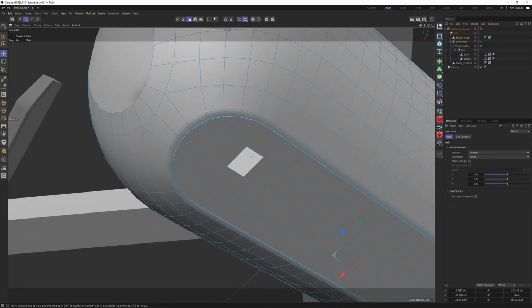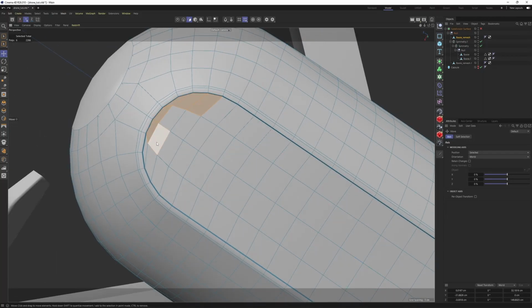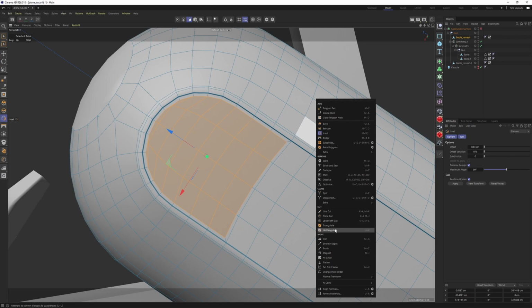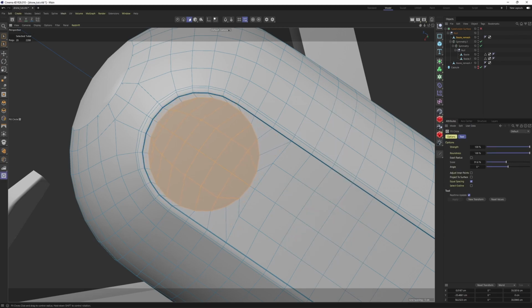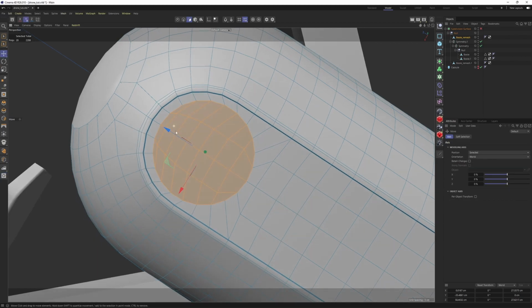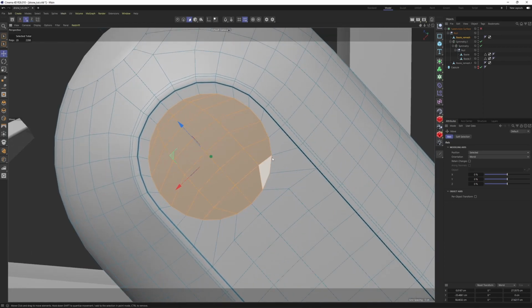It's looking great, but it's not over. I want a circular shape on these polygons. So I'm gonna select these and make an inset. Then I'm gonna select the fit circle tool, which is any one, and it works perfect. Okay, let's place it over here. Then I'm gonna make